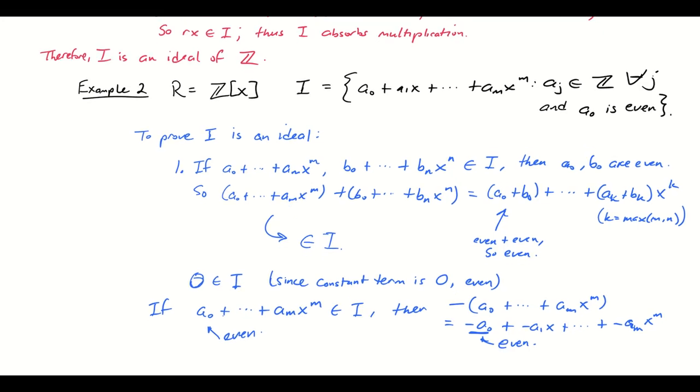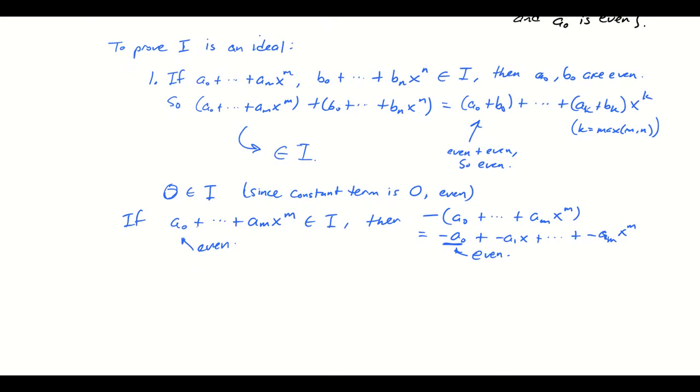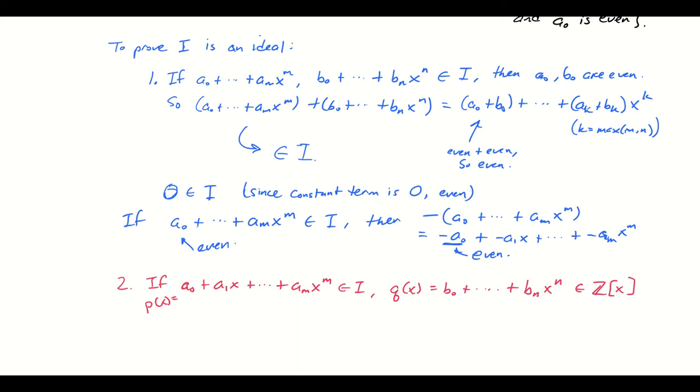But what about absorption of multiplication? So number 2, if this polynomial, really probably a better practice now that I'm thinking about it would be to give these names, like call this P of x. So if that's in I, and Q of x, and I'm going to let this be anything because I have to prove that I can multiply an element of the subset by any element of the ring, not just something in the subset, and the product will still be in the subset. Okay, so this being in I means that a naught is even. Well then P of x times Q of x,